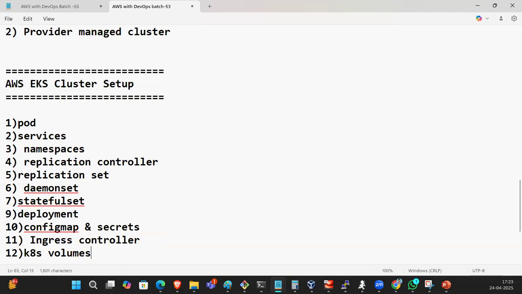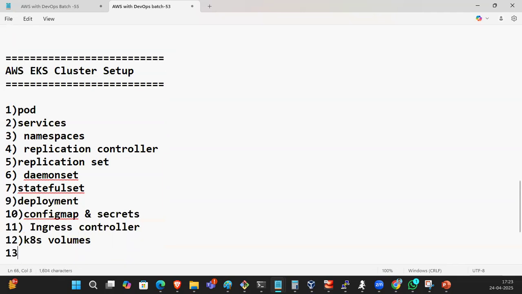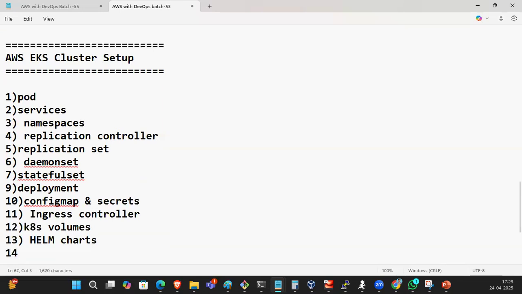We already discussed Docker volumes, right? We will discuss the K8s volumes, then Helm charts. The 14th one is